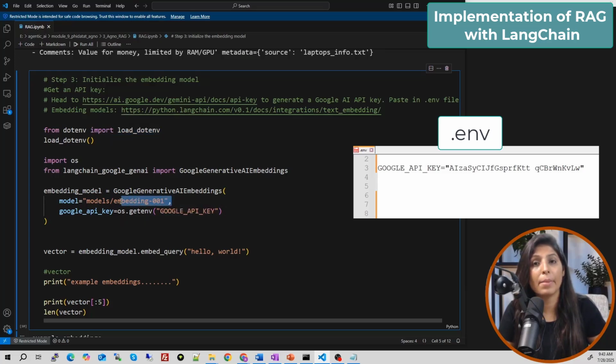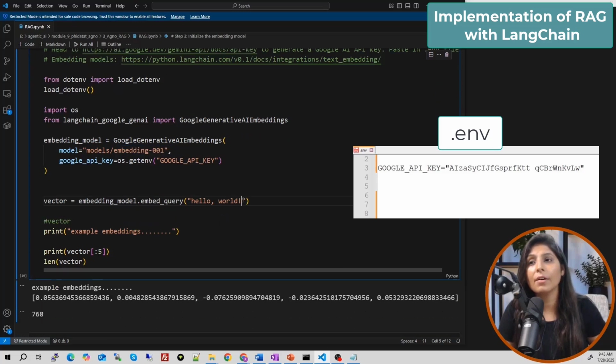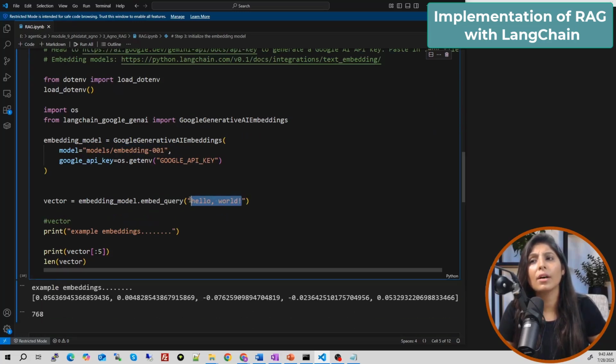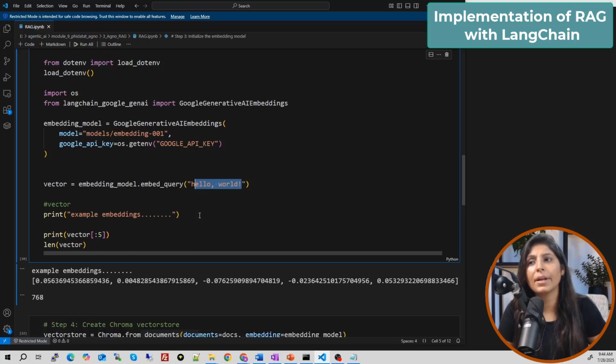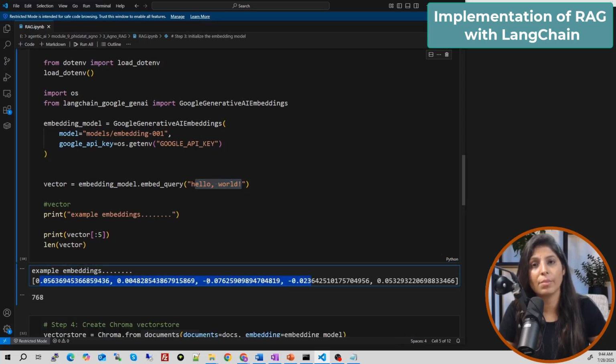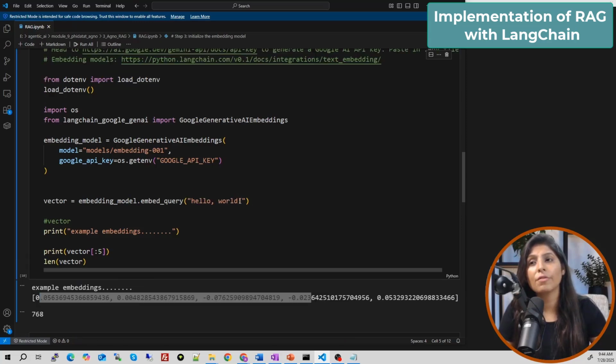We mentioned the embedding model. Then here I'm just showing you how to embed. Let's say we want to embed this hello world into some sort of embedding. This is how you can embed, and after embedding you will get these kind of numbers. These are the numbers your model understands. Now, the way we converted this hello world into embedding, we have to convert all the chunks into embeddings.